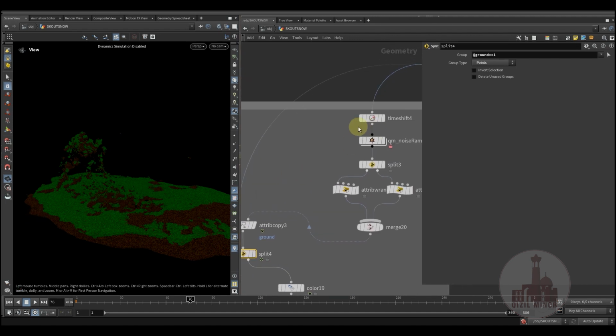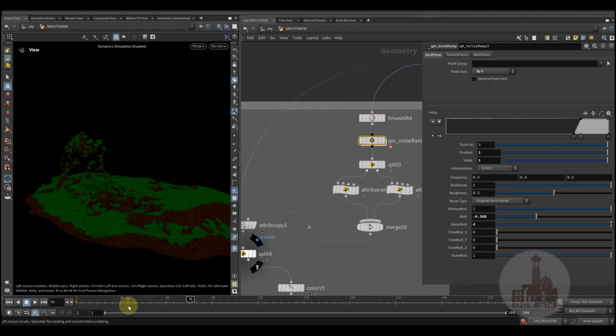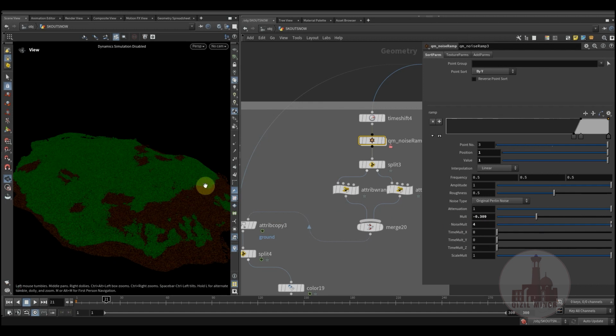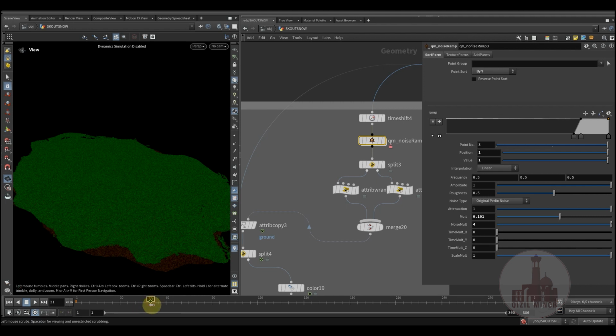Okay, but this way, I can control this mix of the ground with the grass. If, for example, I go ahead, so here I have an absolutely clean grass layer,